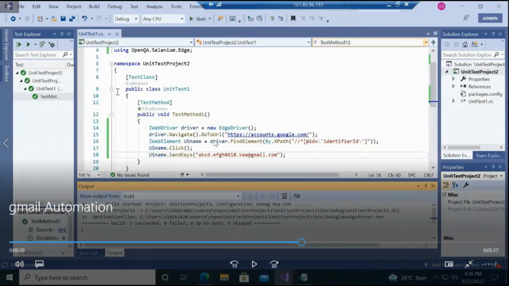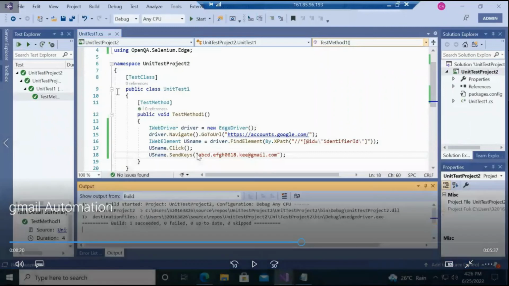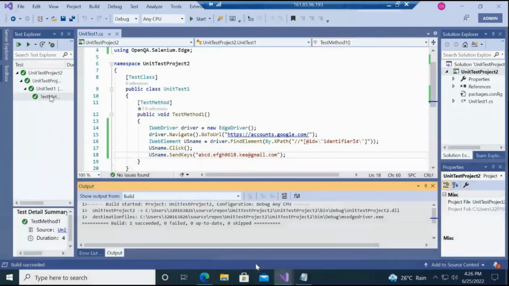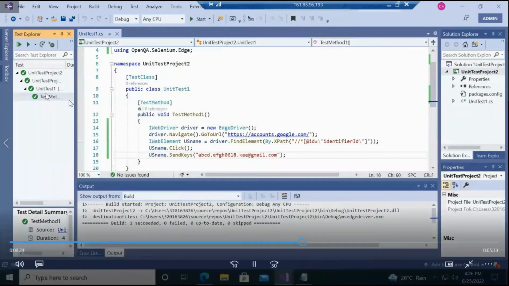I'm clicking the username and sending some dummy Gmail ID there. So how automation will work: once you right click and run this code,